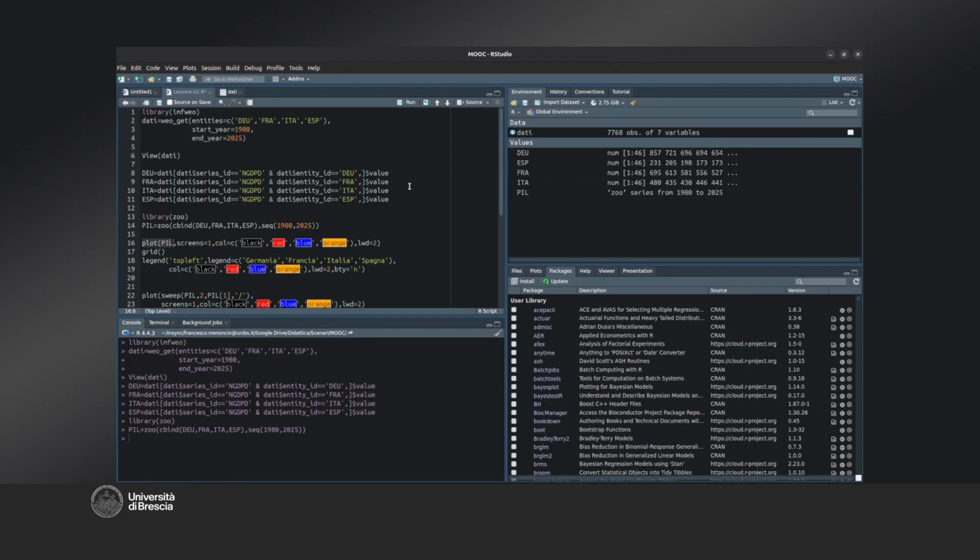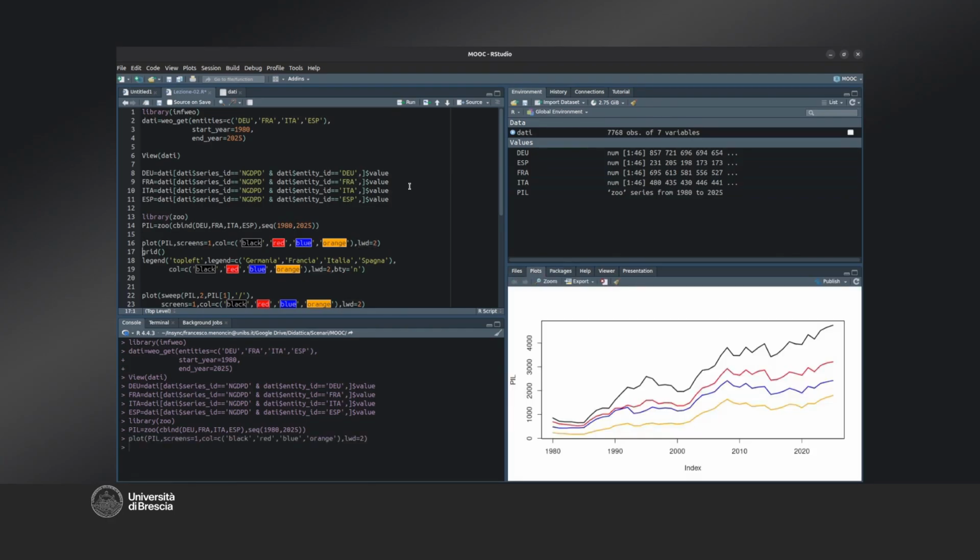To represent it graphically, we make a plot of the GDP, all within the same screen, using these colors: black, red, blue, and orange. C indicates a concatenation of any values, and lwd represents the thickness of the lines, the line width. Pressing Enter shows the series we've created. We can add a grid in the background of the screen, and we can add a legend. The legend can be placed at the top left. In this case, there's space there, and it represents the values.